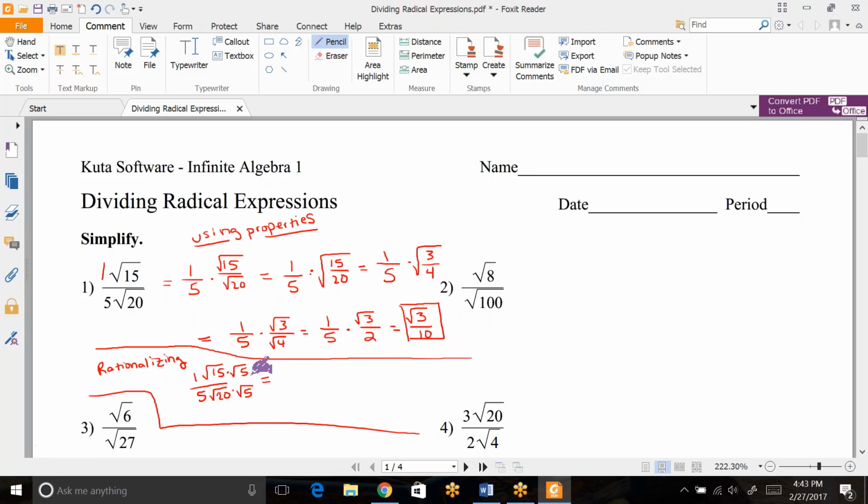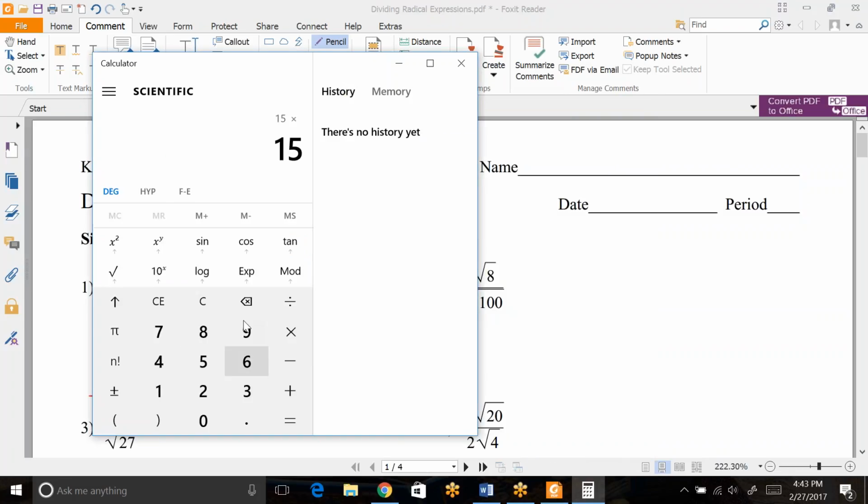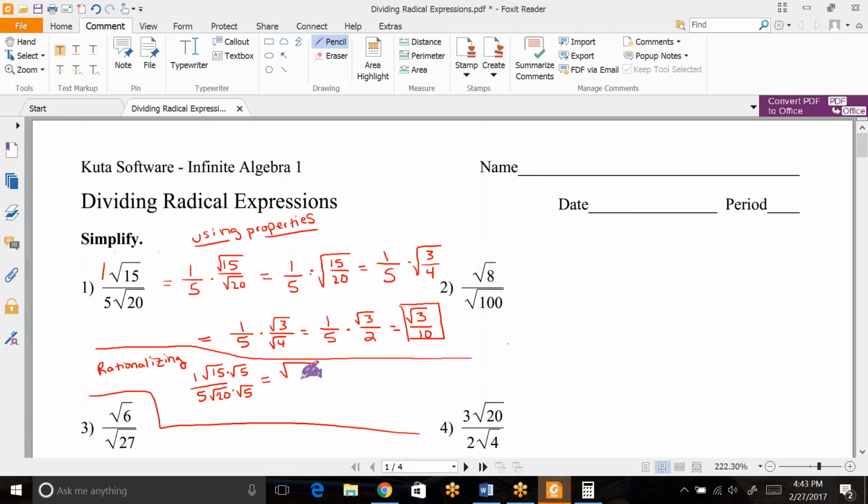So what we do to finish this off is we actually multiply what's here. So square roots get multiplied together, things outside get multiplied together. So this would still be a 1, and then square root of 15 times square root of 5, I believe that's going to be 75, but I'm going to double check myself. Yeah, so square root of 75